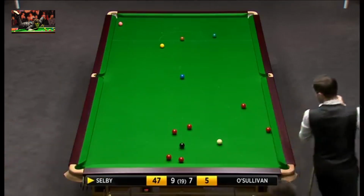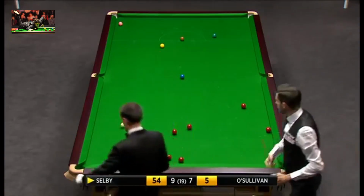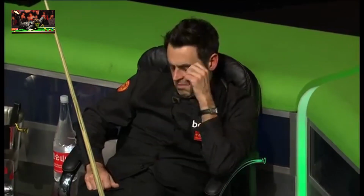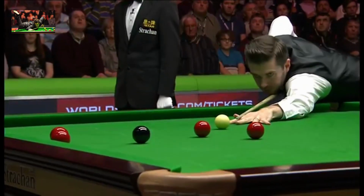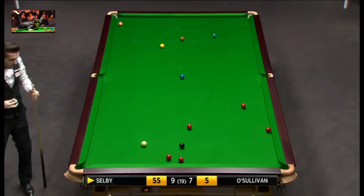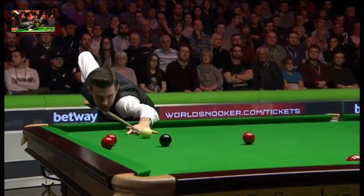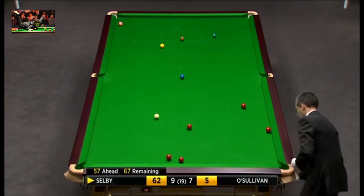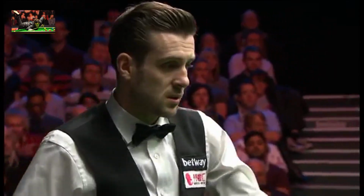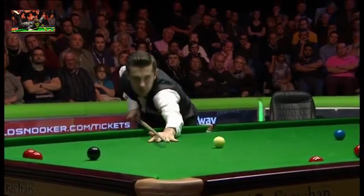36. Yeah, and I think that very risky shot that Ronnie took on to the middle. Just unbuttoning his waistcoat, so that gives you a little indication that he doesn't expect Mark Selby to slip up here. 44. 57 ahead. This red 51 and the blue would be enough. And what a final